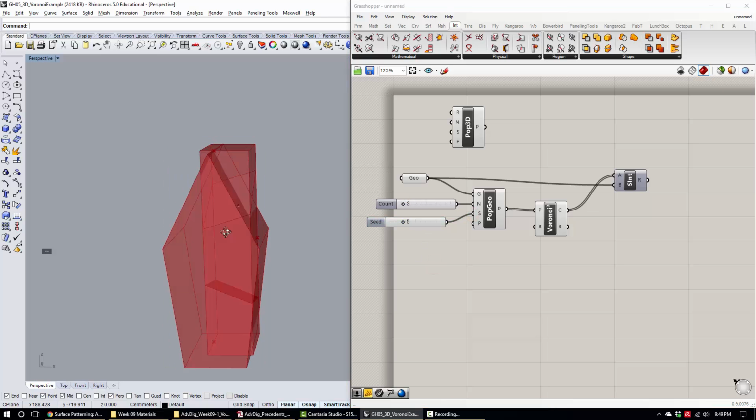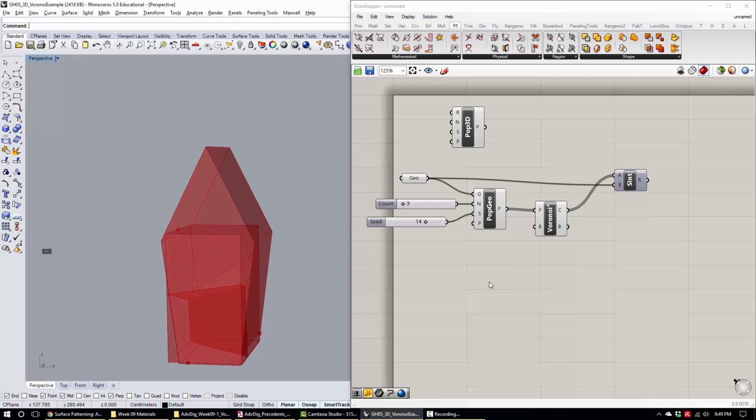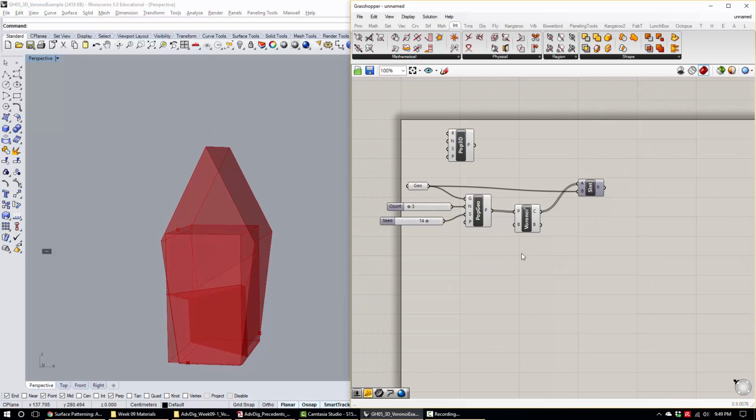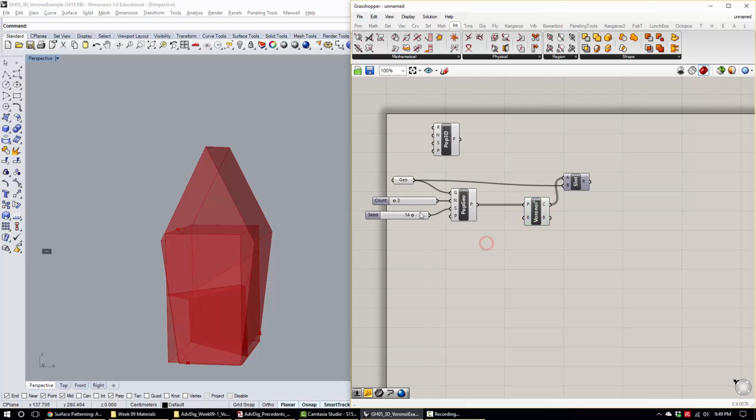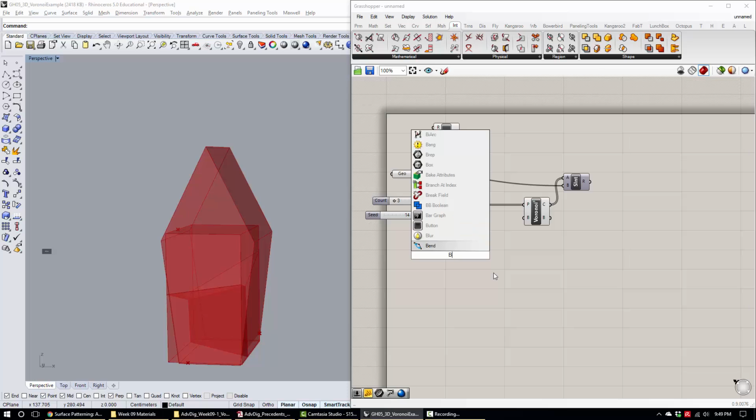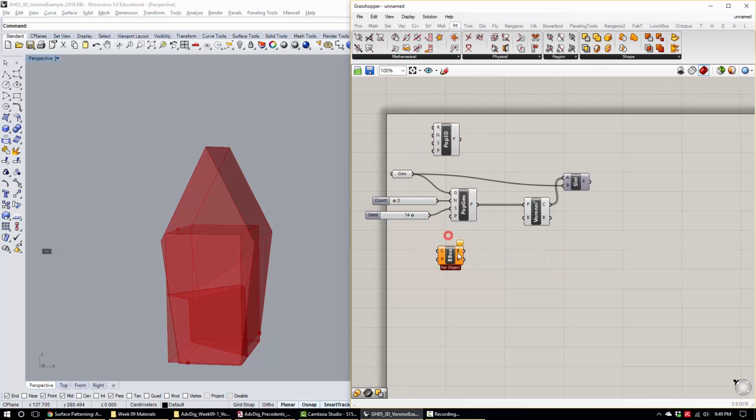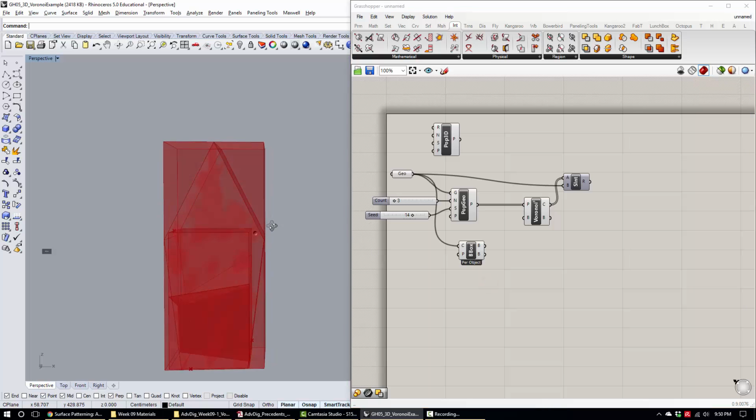If we don't have 3 points, then that's going to be the sort of weird boundary thing that you get, and it's not very accurate, right? And so the workaround for that is really just to do a bounding box on your initial input geometry. So we'll put a bounding box component here,